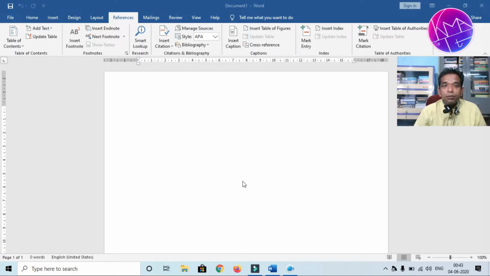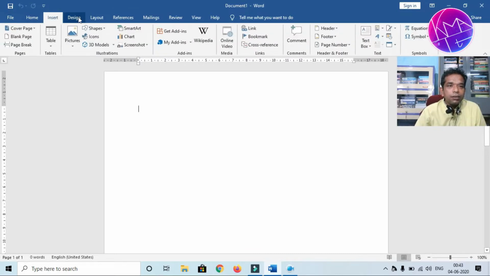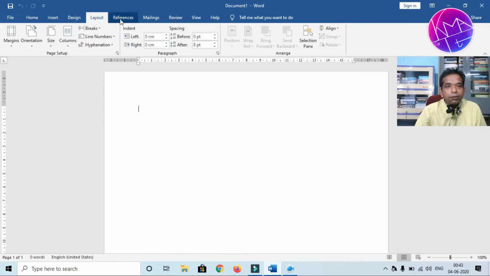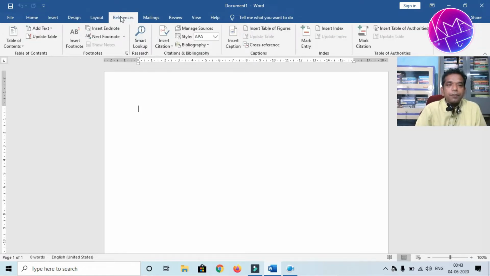Here you can see I have opened a blank Word file, and our target is to create a table of contents. We will have to start our journey from the References tab. Here you can see so many tabs: Home, Insert, Design, Layout. After that, the References tab is there.